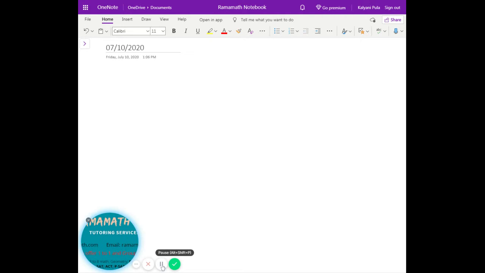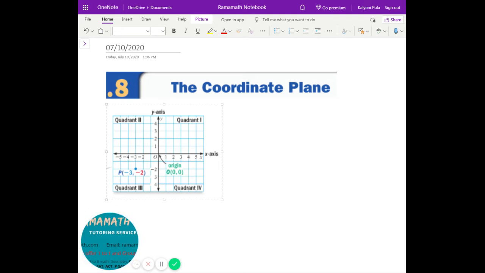Alright, so today's lesson we're going to learn about the coordinate plane. First of all, we need to know some vocabulary. That way we can understand really well what the coordinate plane is and how to do it. When you look at the coordinate plane, the first thing we need to check is what's the x-axis